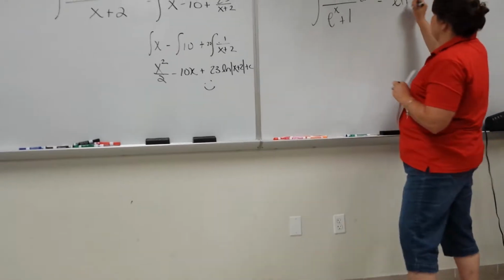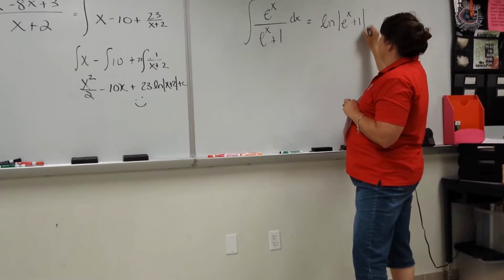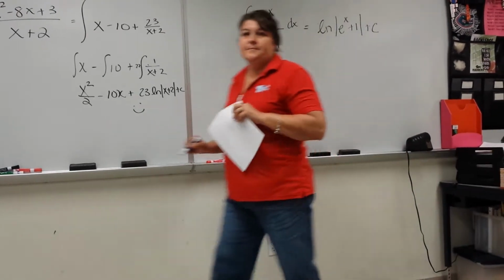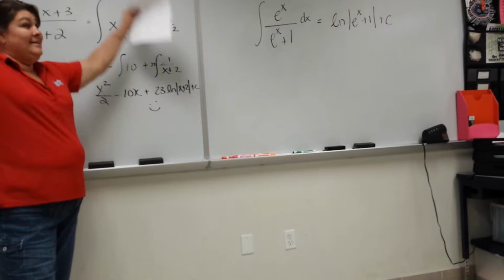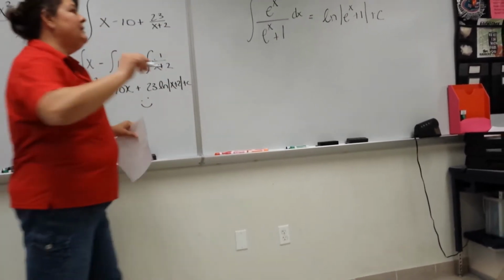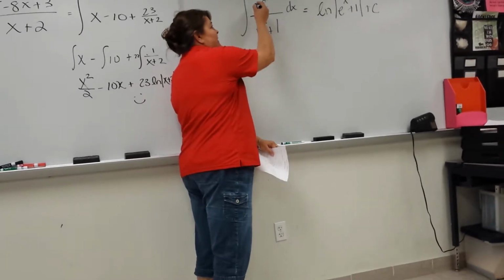ln of e to the x plus 1. Yep. Plus c. Done. So if it is the du over u, it's just that. ln and then whatever's in the denominator. That's it, plus c every time. Now, the only time that the answer might vary a bit is like if there's a 2 up top